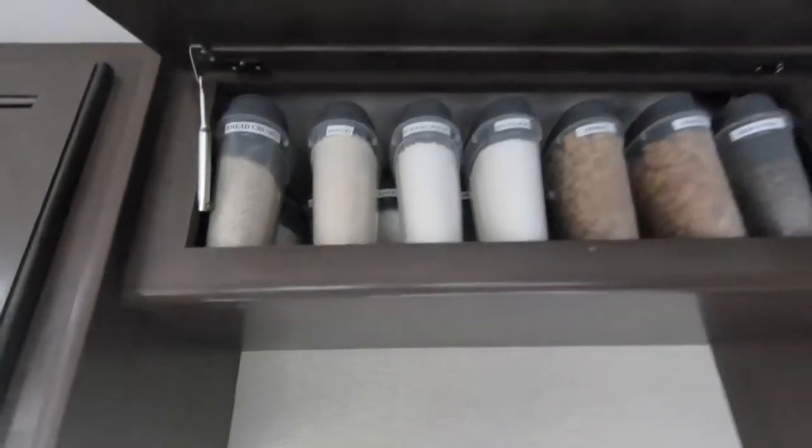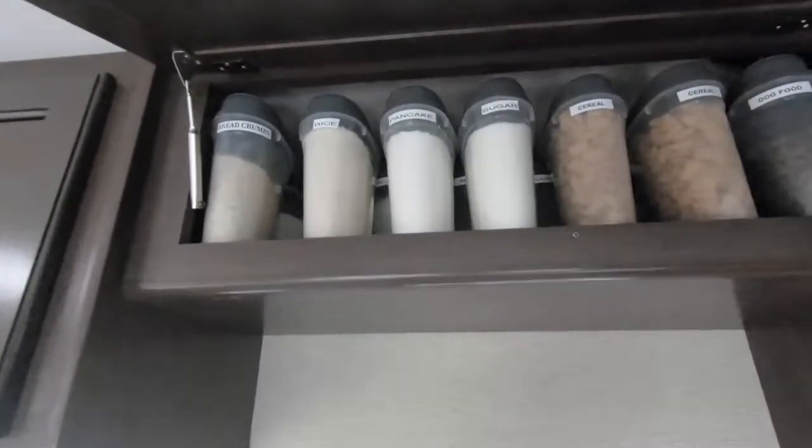It has just the basic staples and stuff that I have to have around all the time. And then if you watch yesterday's video, you know that I do at least 2-week meal planning, and that way I can buy the stuff that I'm gonna need for the meals themselves. And since I do a lot of prep for my food, most of the stuff is going to go in the fridge anyways, because all the ingredients are going to be included in some kind of meal. So I'm not overbuying stuff to store. I am buying exactly what I need to make or prepare those foods, and then keep some staples in my